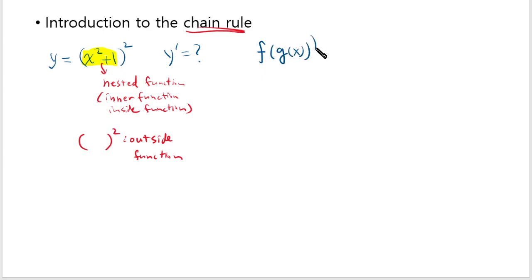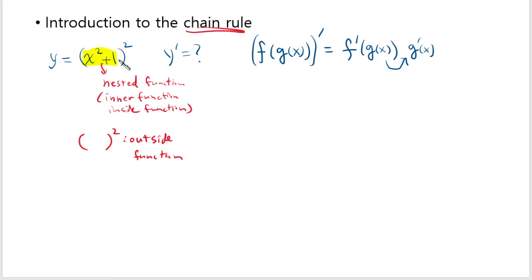So here is the chain rule. It says you differentiate the outside, leave the inside, and you bring this out, and then you differentiate the inside. Okay, so in our case,